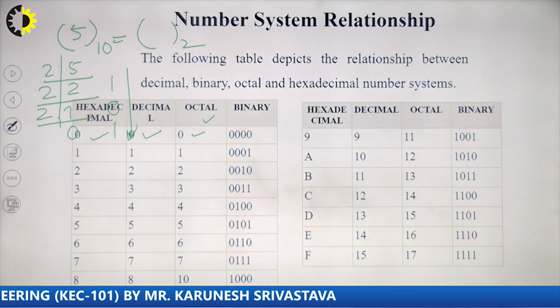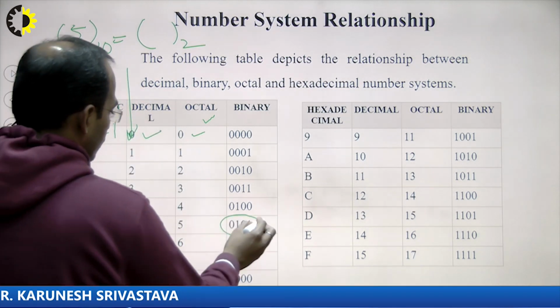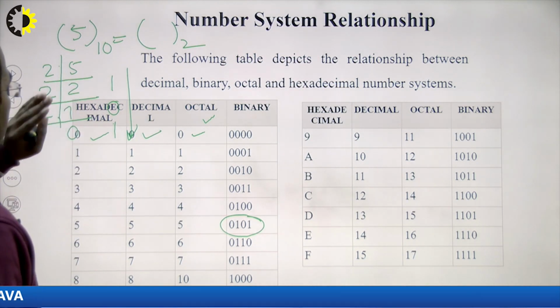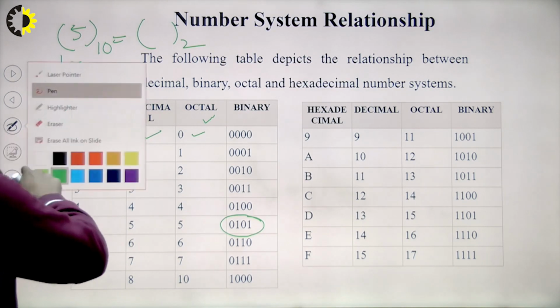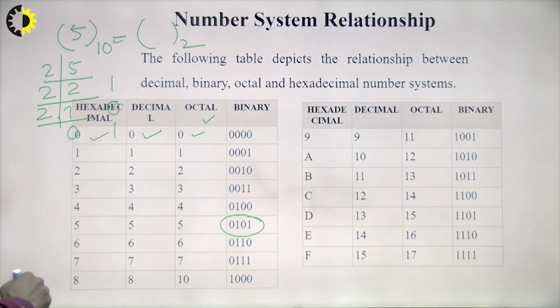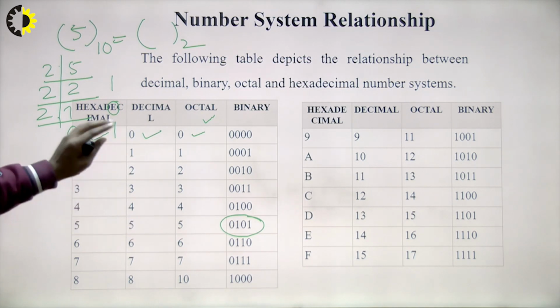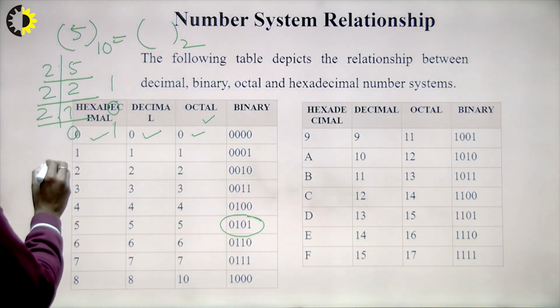So this will be equal to 101. You can see from here this will be equal to 101, because I want to represent this. One more thing I have done wrong. I think this will be from here. Now I want to represent this octal number into the hexadecimal number system, then how will I write?